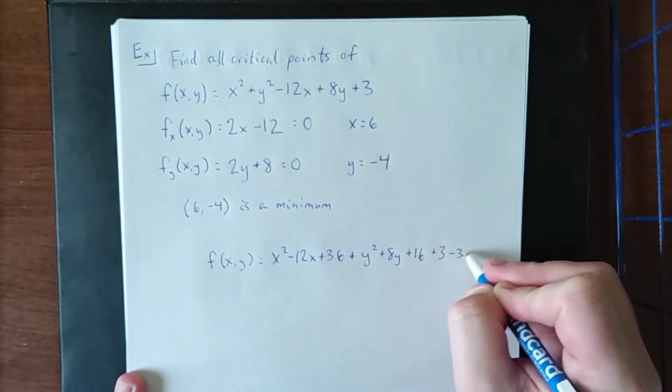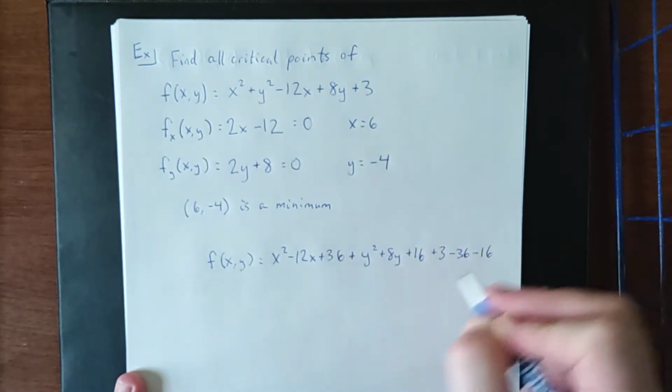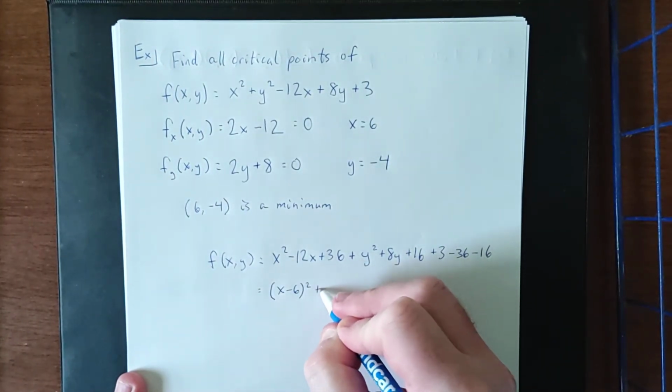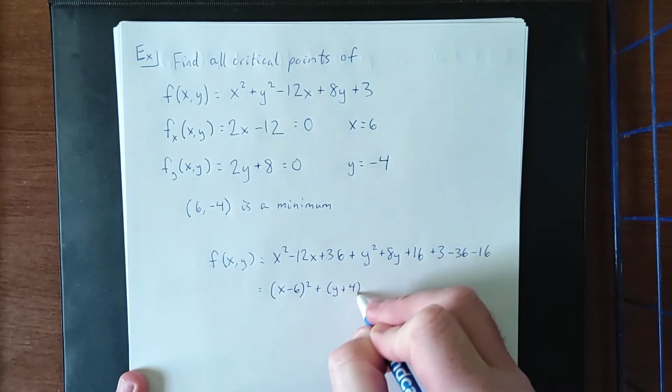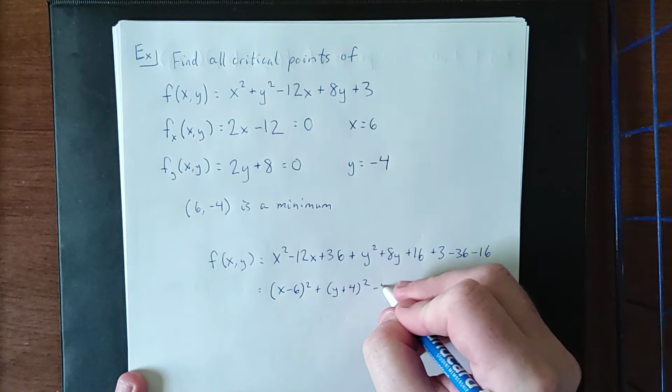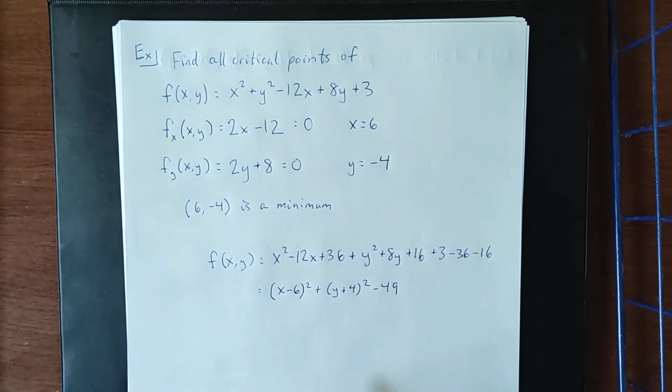And then to balance those out, we would subtract 36 and subtract 16, letting us know that this is (x minus 6) quantity squared plus (y plus 4) quantity squared, and then, oh boy, that's going to be minus 49. So yeah, the vertex of this elliptic paraboloid is going to be located at 6, negative 4, negative 49. And that's how we can tell that it is a minimum value. So that's more of a graphical or a geometric interpretation of what this is, as opposed to what we're going to see in the next problem,